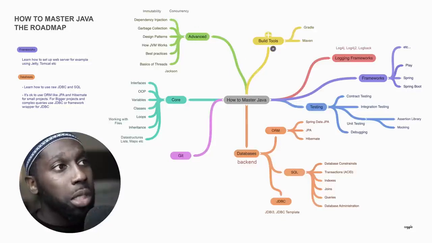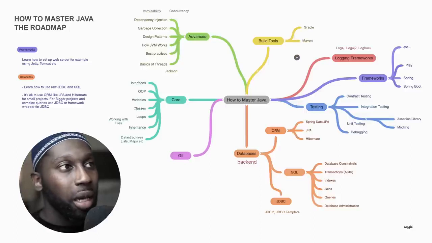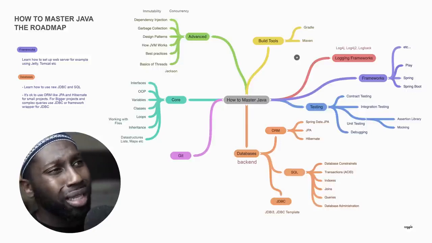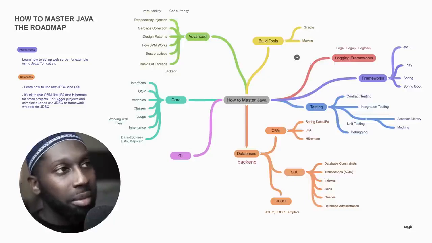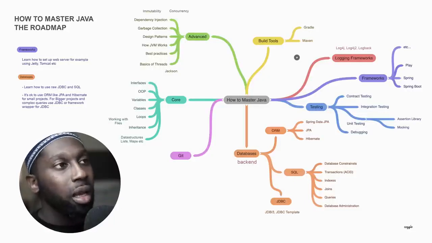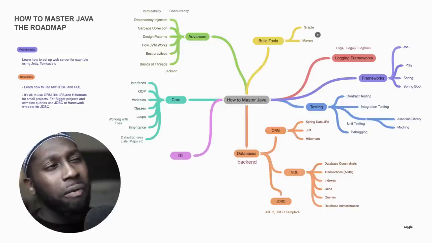Then moving on to build tools. Here I would say Maven or Gradle. Maven allows you to manage your dependencies, and also you can package up your application, run tests, and a bunch of things. Maven has phases, and this is a separate topic. If you want to learn more about Maven, I'm actually planning a course on Maven. Please let me know whether you want to see it or not, and I can make it happen as soon as possible. But I would say pick Maven instead of Gradle, because the learning curve is much higher for Gradle, and you'll find more examples out there with Maven.